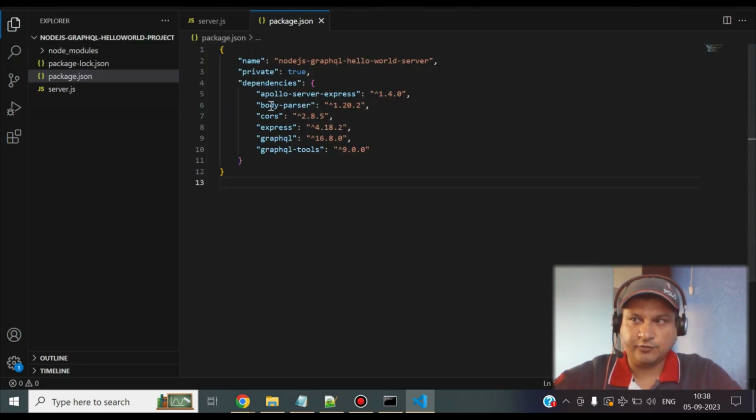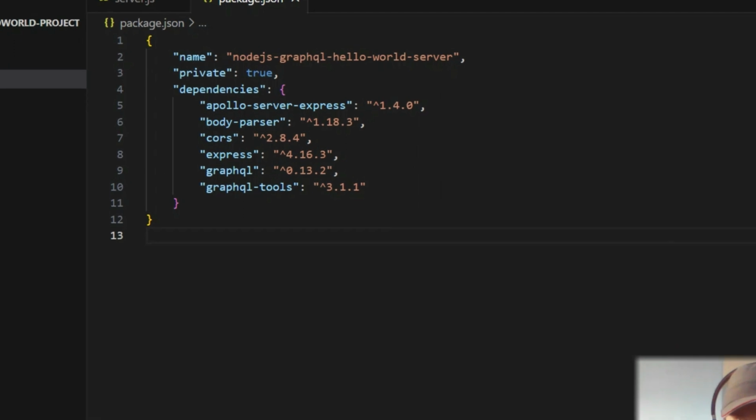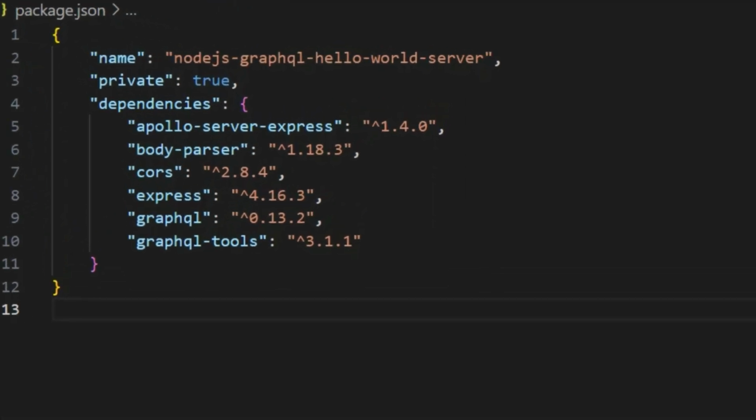So we now have Apollo server, then we have body-parser, then CORS, then Express, then GraphQL, and we have graphql-tools, right? So all these dependencies got added. Okay, friends, as we have installed all the dependencies, let us see the package.json one more time and the version. So you have to use Apollo server